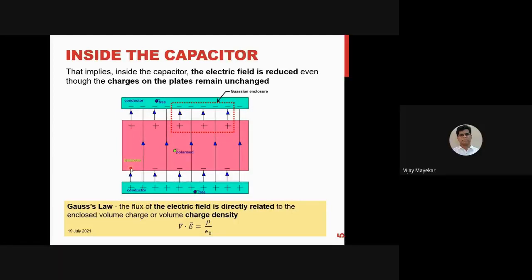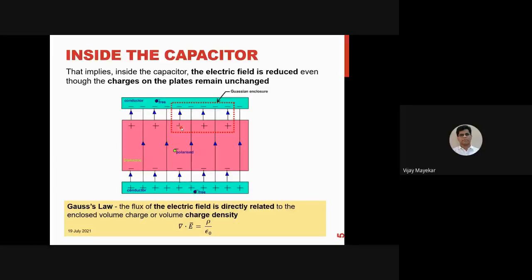Now, what is a dielectric? Basically, it is an insulating material, but there is a possibility of polarization at a microscopic level. We will get into the dielectric part in the next slides. So let us understand here, same Gaussian enclosure. Now you can see the electric field lines start from the positive and go to the negative. But now this positive charge is not from the other plate. It is from the dielectric.